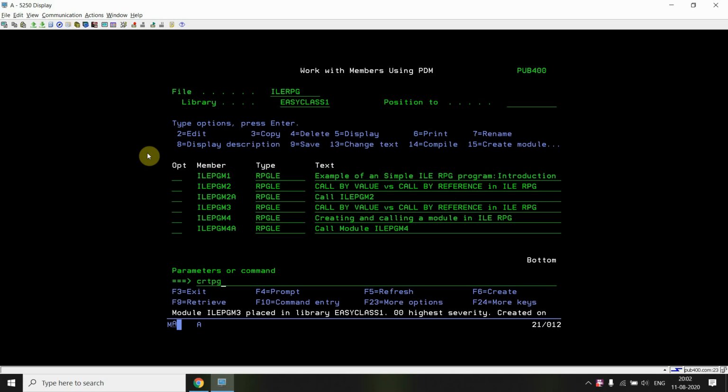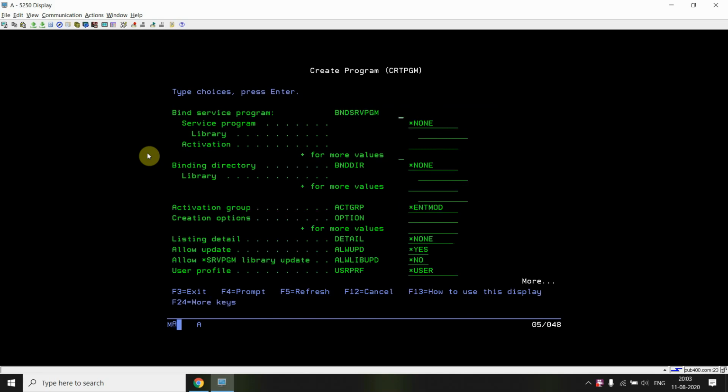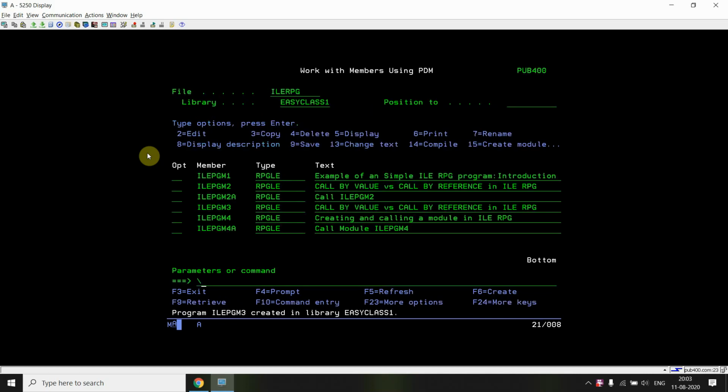Now create a program out of that module, ILE PGM3. It will by default take my library, which is the current library. Here I am not providing any service program or binding directory. I'm pressing enter, and ILE PGM3 is created.